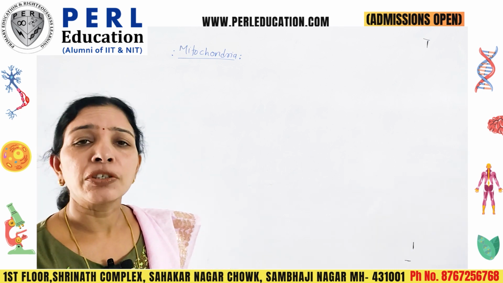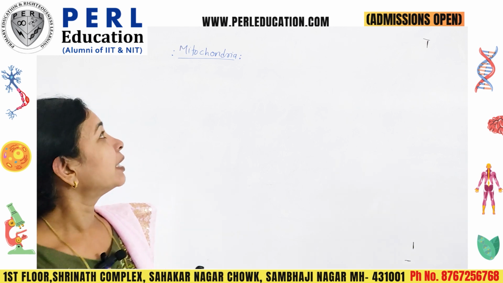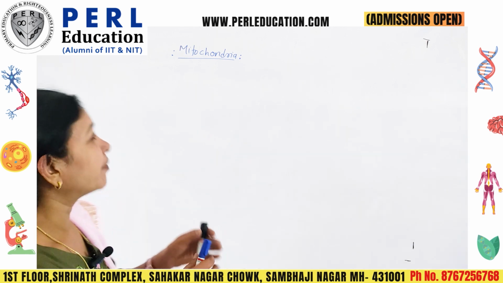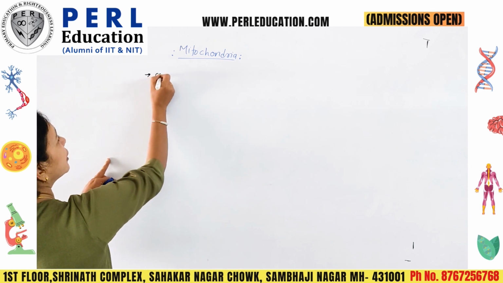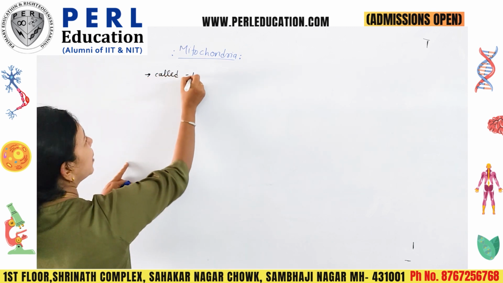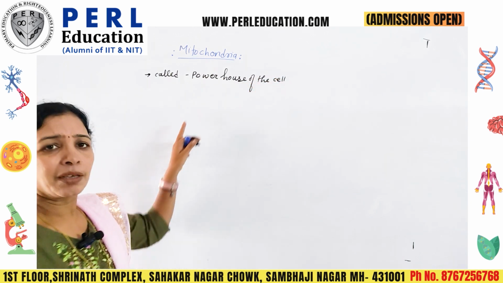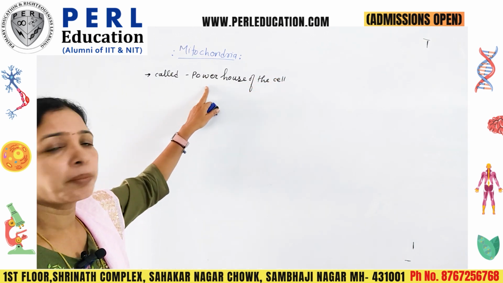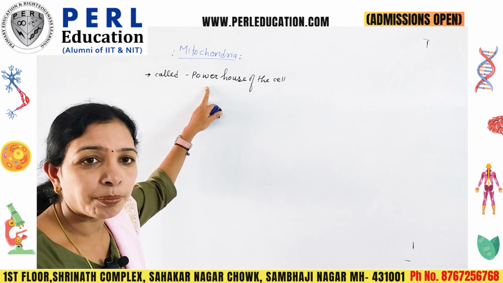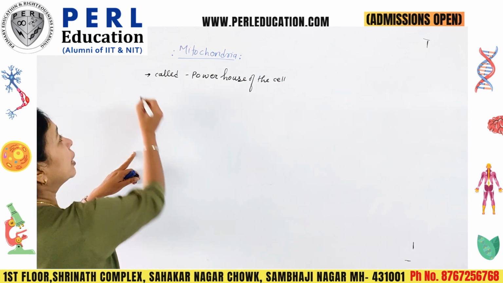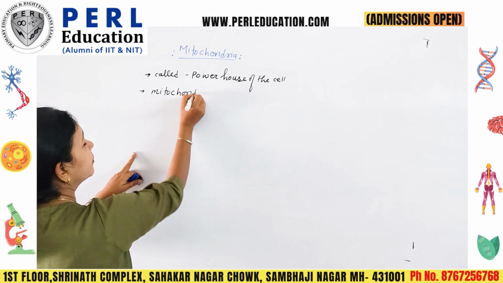This is one of the important organelles and commonly it is known as the powerhouse of the cell. So mitochondria is called the powerhouse of the cell. By this sentence we understand powerhouse. And what is power for the cell? That is ATP or biological energy. So your organelle, mitochondria,